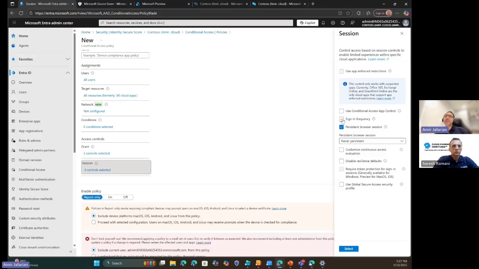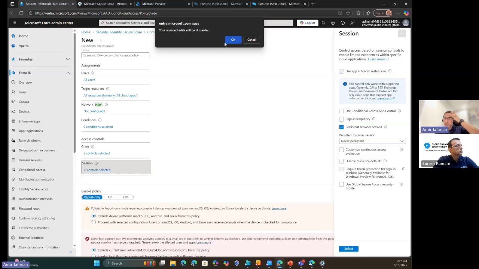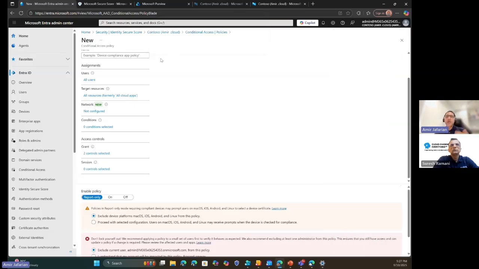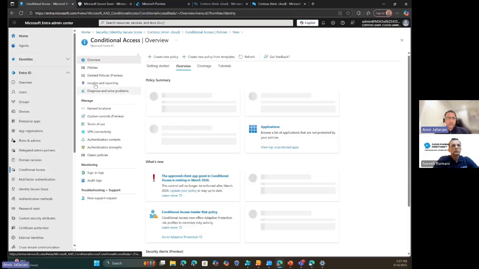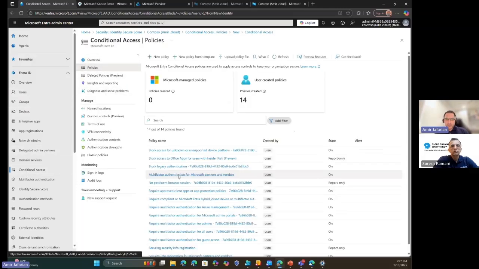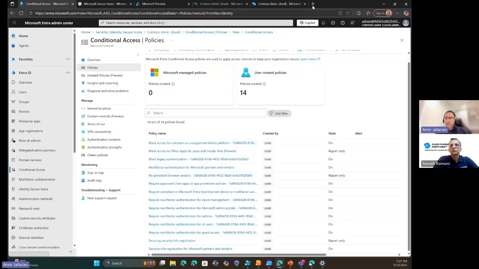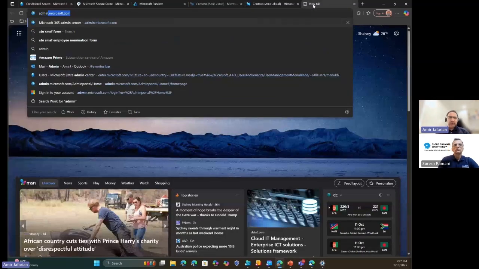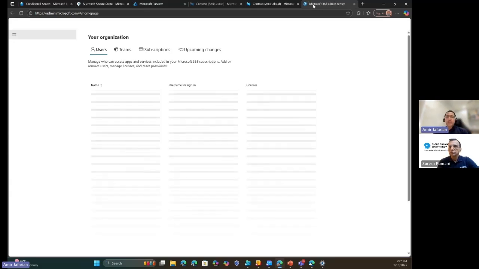There are other options here, like signing frequency, but let's ignore and skip those because we don't have time to cover all. Now, how can you actually create the conditional access? If you go to conditional access here under my policy, I have a lot of policies created. And what you can do, I'll show you another portal. This portal is familiar to all of you, admin.microsoft.com, right? This is where you manage your Office 365. When you go here,